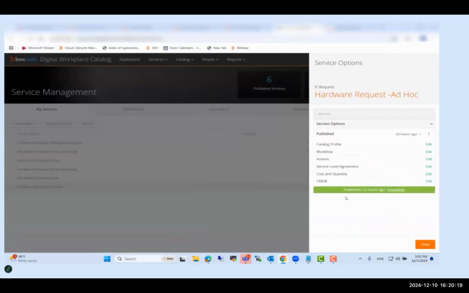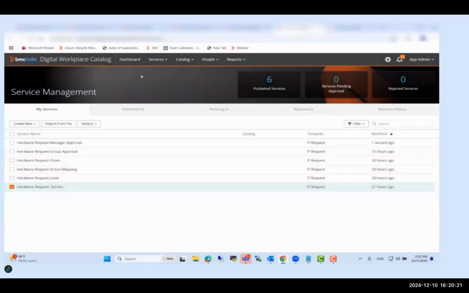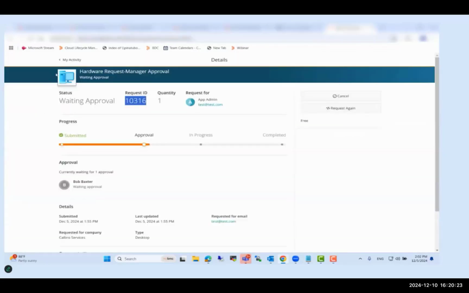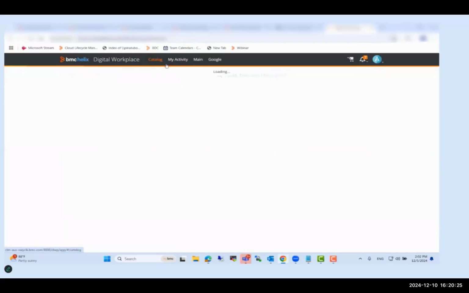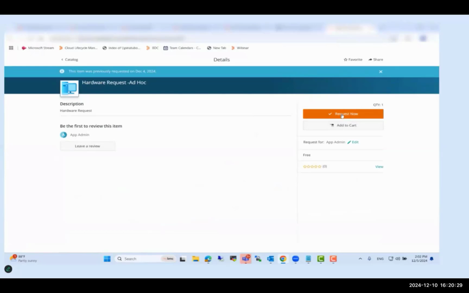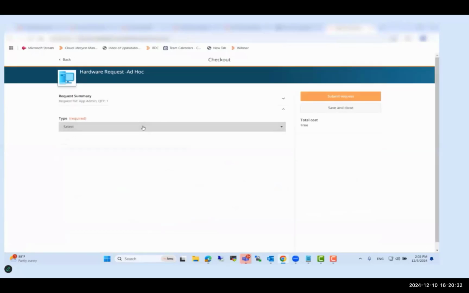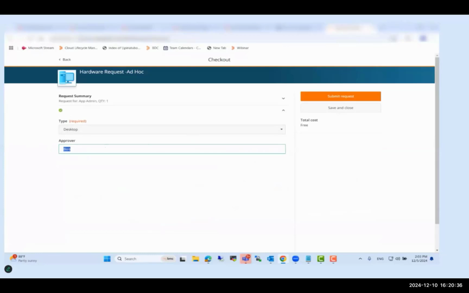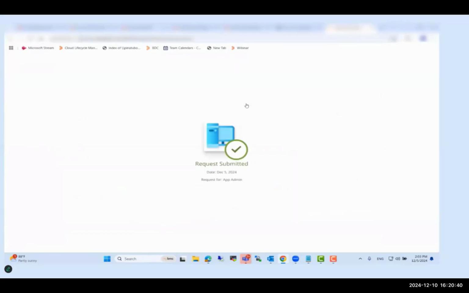Okay, now we have created and published it. If we go to DWP catalog, we'll go to catalog, ad hoc, request now. If I select desktop, it will go to Bob. For sure, we can make it read only, but this is for demo only. If I click submit,